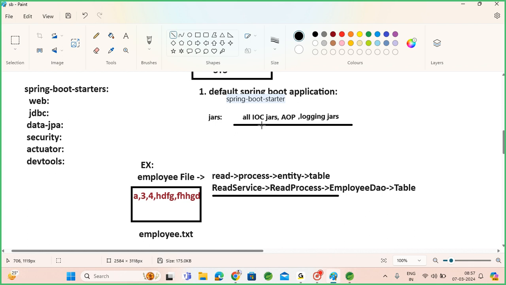When I create a default Spring Boot application, it is providing IOC jars and AOP jars and logging jars. So with these IOC jars, in case you want to apply AOP also, you can apply AOP. By default, logging is also provided. So I can create my services with logs also. A default log library is given. I can add logging also in my application. As you know, logging is mandatory, right? In any application, right? While you are writing,